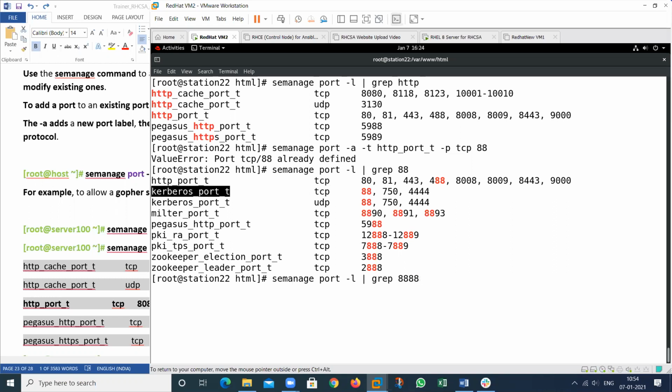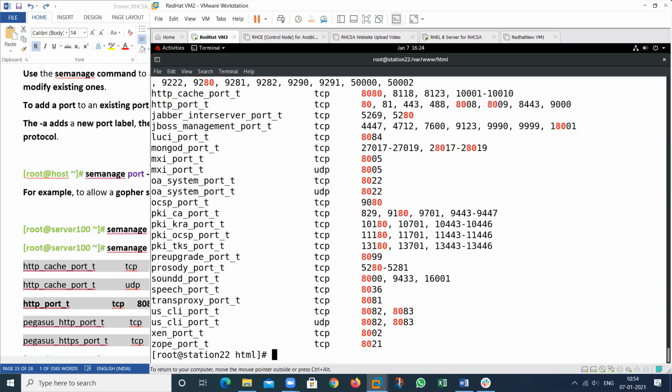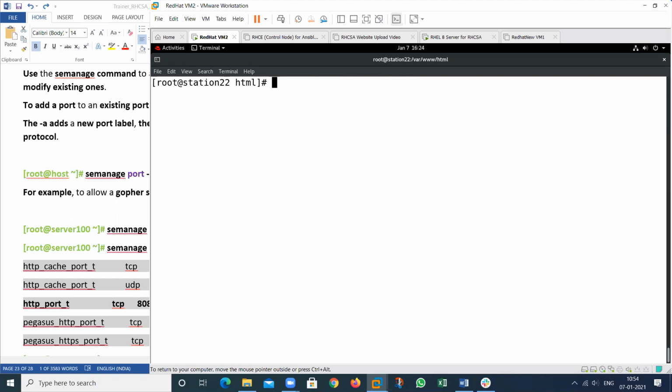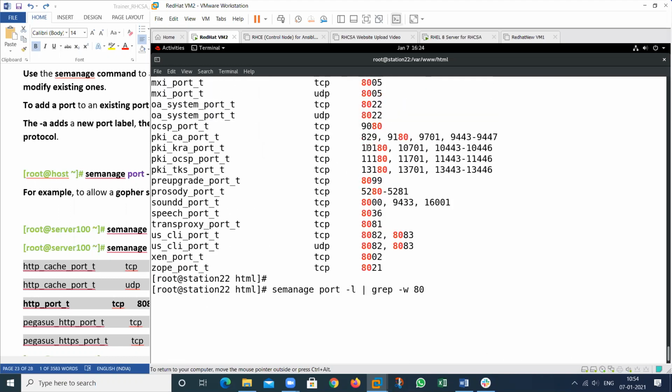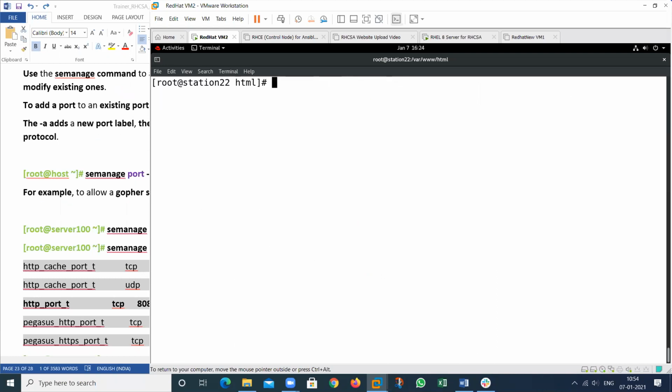So that port will be open. When I use 4 times 88, see this one. This port is free. By using this particular command, you can check whether the port is free or not. Suppose I want to apply this particular port. First check whether this port is allowed. Just type -w, then give only the port information. At this time this will show me 8080, all the 80 information, but I want to search only port 80.